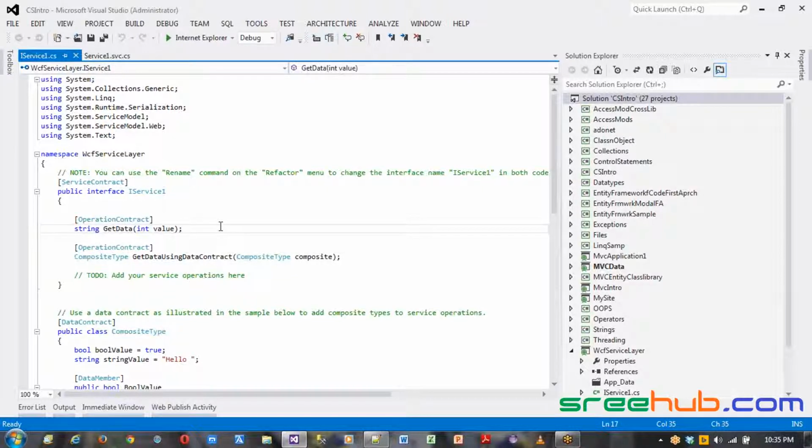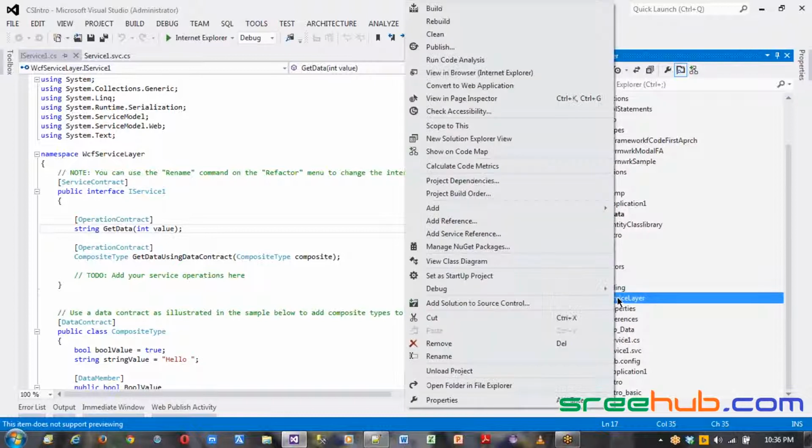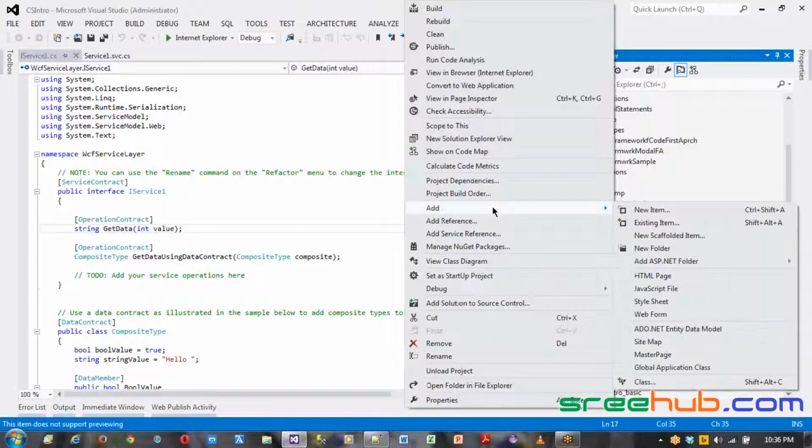We started with the operation contract, service contract and all. So here, as soon as we create a WCF service layer, we can see that a service got created automatically, whose name is Service1. If you want to create your own service, you can do that. For that, you can right click on your WCF service layer, click on add here,